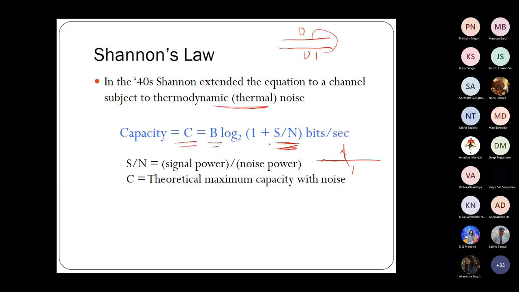The other way, when I talk about noise, is that the noise level I can circumvent by increasing the signal power. So if there is more noise, and I increase the signal more, this quantity will increase and my data rate will go up. And that is intuitive. If I have a higher signal, there may be noise, but the noise will not affect me much. The signal power will dominate over the noise power. But the other side is the theoretical maximum capacity. All right, so these are the two formulas that link